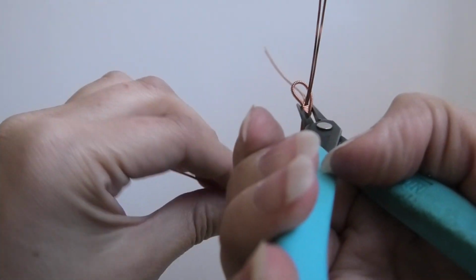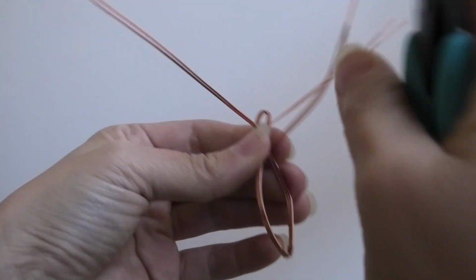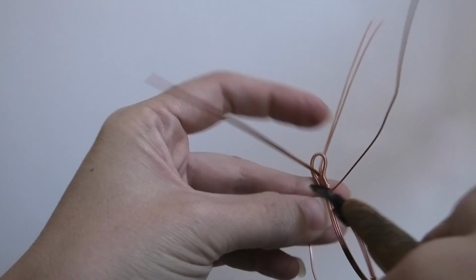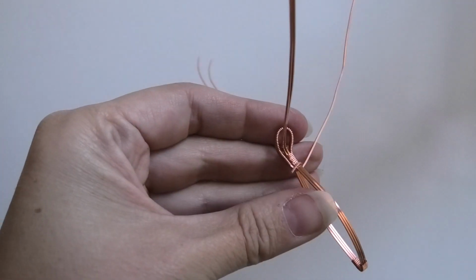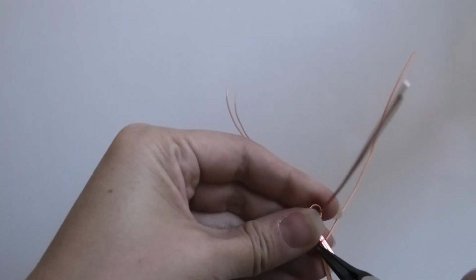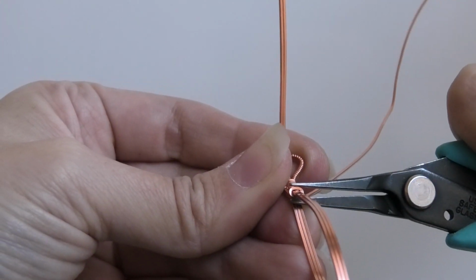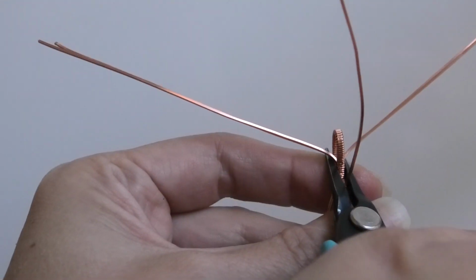So here's our bail, here's the wires coming through, and I'm just going to take one of them, just the left one, and I'm wrapping it around. It came right here, and I just wrapped it to the back. So that essentially makes a little loop and connects the bail to the frame. There's a little wire end, and I'm just tucking that into the frame itself. So we have this nice connection here,